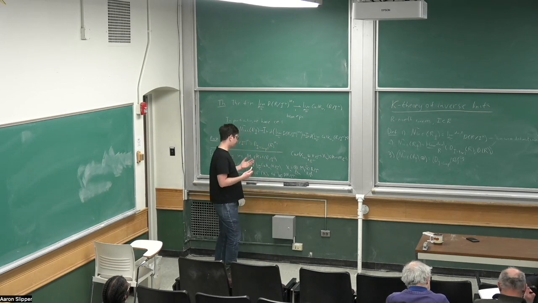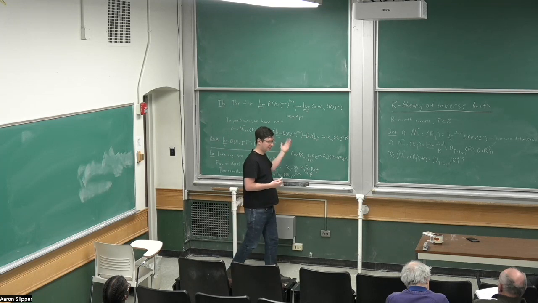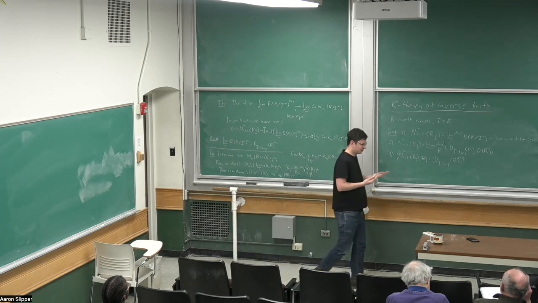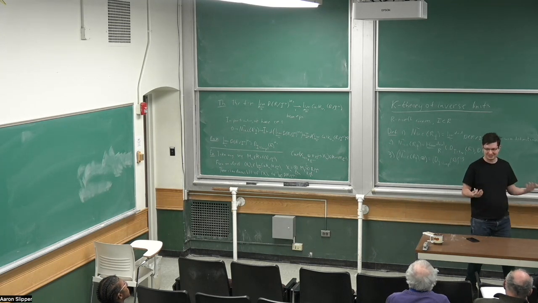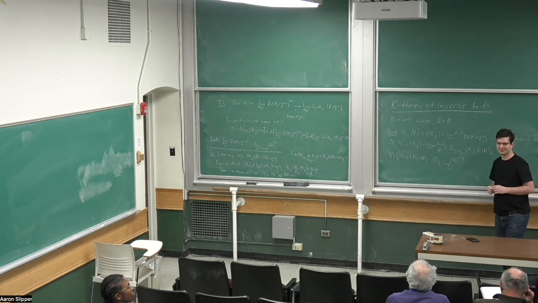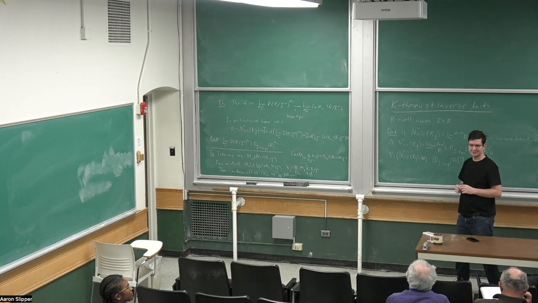But understanding that, for example, this object itself doesn't have any obvious lift, and maybe it doesn't have a lift. Maybe it doesn't have a non-obvious lift at all. But I think the question of whether